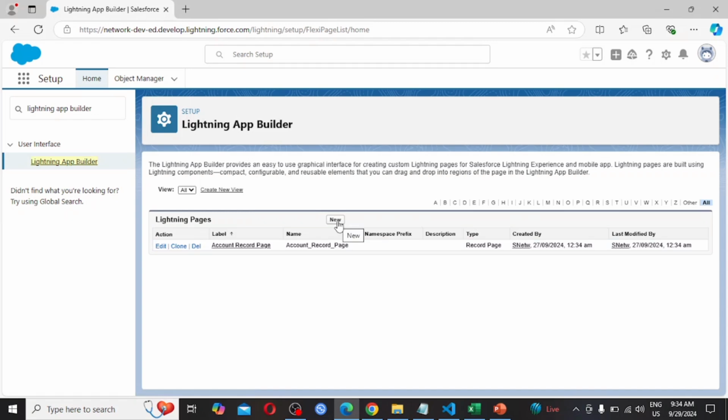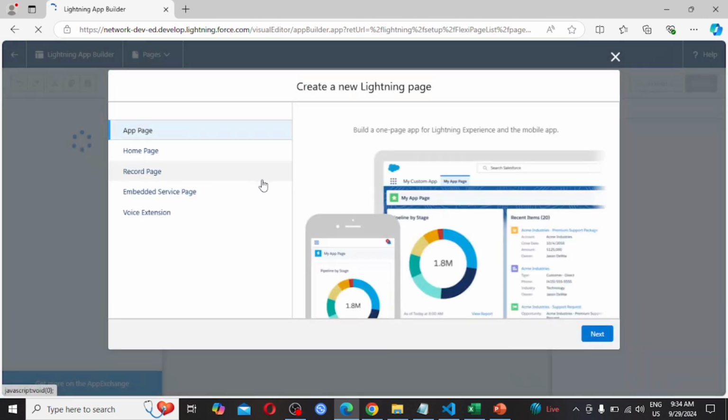So click on New. It is opening in a builder. Also we can create home page, record page, enabled service page, voice extension. So I am going with app page. Click next.